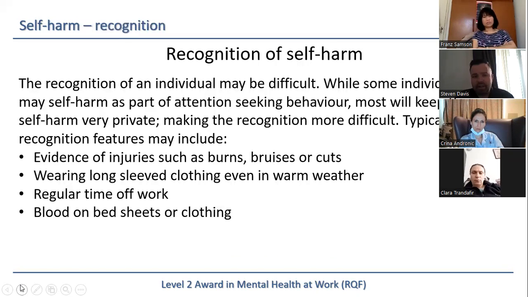So ways of recognising self-harm then, and it can be difficult because obviously it's a hidden behaviour. Again, we're looking at a person in a holistic way, and doing this, we're looking for evidence of injuries such as cuts or bruises, things that they can't explain, or maybe the story that they're giving to you just doesn't add up. So, you know, they've got lots of cuts, but they're saying the cat scratched them, and actually it's not like a cat scratch.